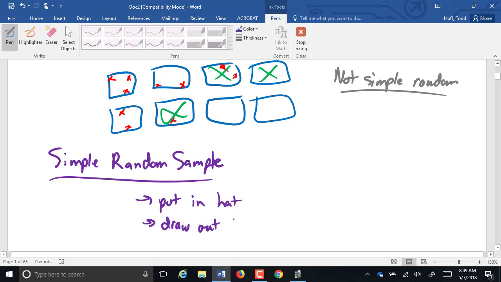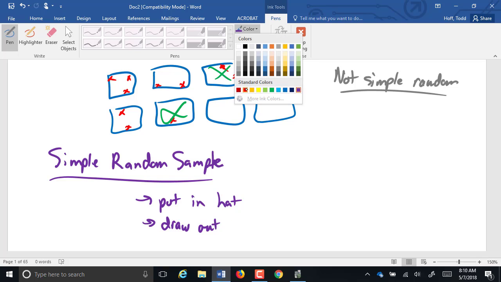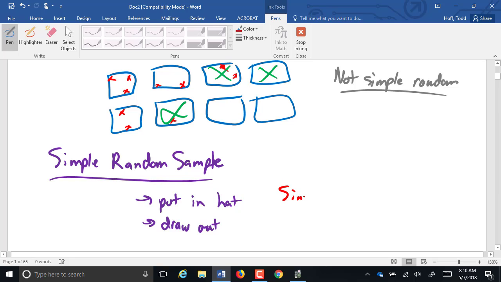Let's just use the student ID number of all the students. You'd print off all their student ID numbers, cut them up into little slips, throw them in a hat, and let's say you're going to survey 100 students. You draw 100 of them out. There is no limit. Every student has an equal chance of being chosen, and every possible group has an equal chance of being chosen. Like I say, it's highly unlikely that you're going to select everybody from one campus, but it's possible. So this is not only random, it is also simple random.